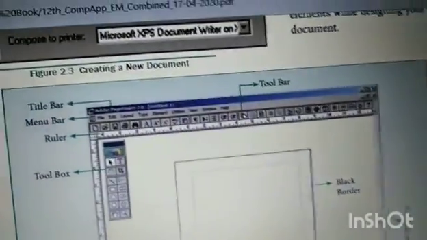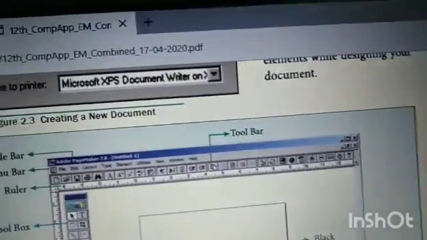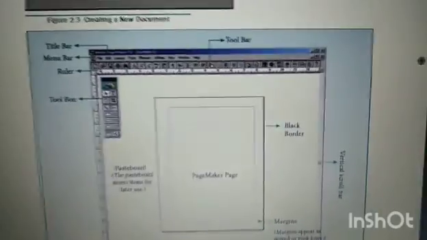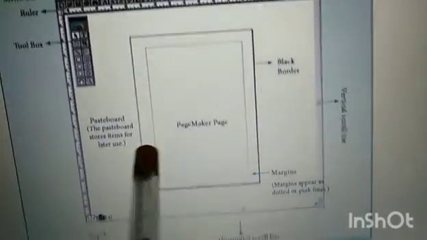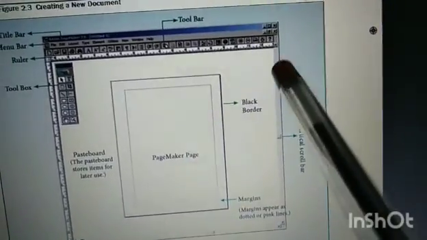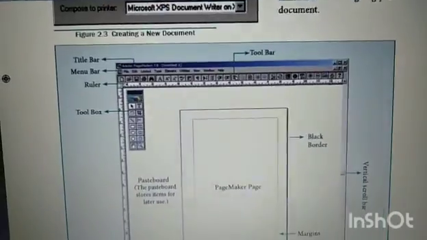In your book, page number 21, you have to refer to figure 2.2. And this is the space, the pasteboard area. It's a working area. Here is the vertical scroll bar and here the horizontal scroll bar. These are the components.